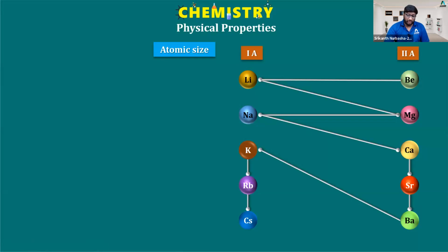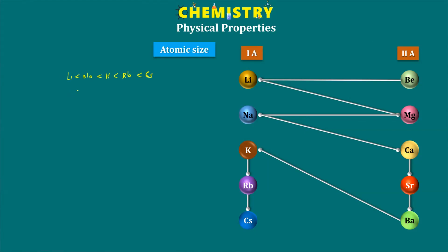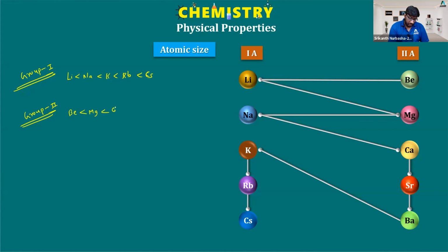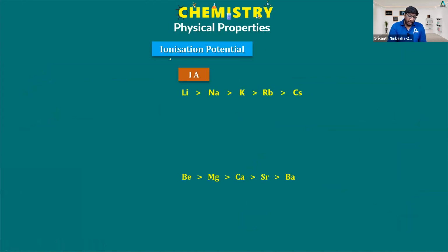Ionization potentials you try to compare. In group 1A, how is the size going to vary? Lithium least, then sodium, potassium, rubidium, cesium. In group 2A, beryllium least, then magnesium, then calcium, then strontium, and then barium. Ionization potential in group 1A or group 2A, there was no exception with respect to size, so